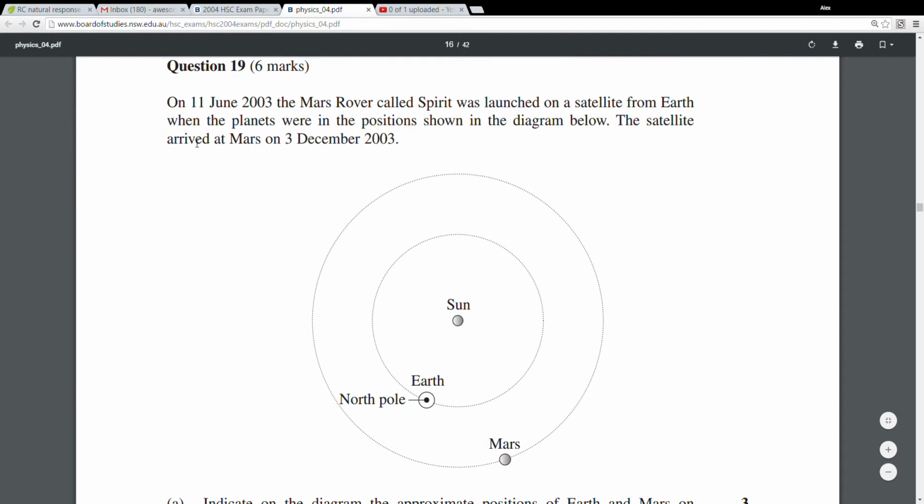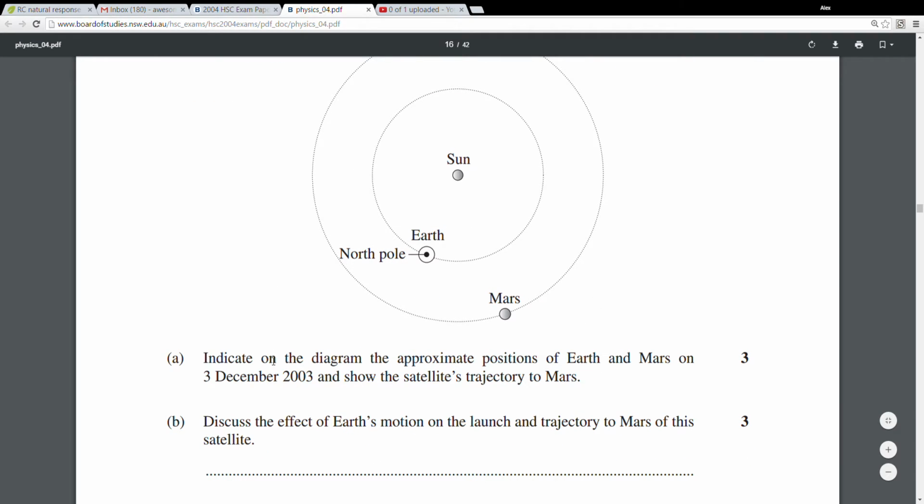Alright, question 19. On the 11th of June 2003, the Mars rover called Spirit was launched on a satellite from Earth when the planets were in the position shown in the diagram below. The satellite arrived on Mars on the 3rd of December 2003. Indicate on the diagram the approximate positions of Earth and Mars on the 3rd of December and show the satellite's trajectory to Mars. So since this is like half a year, Earth would be halfway through its orbit,